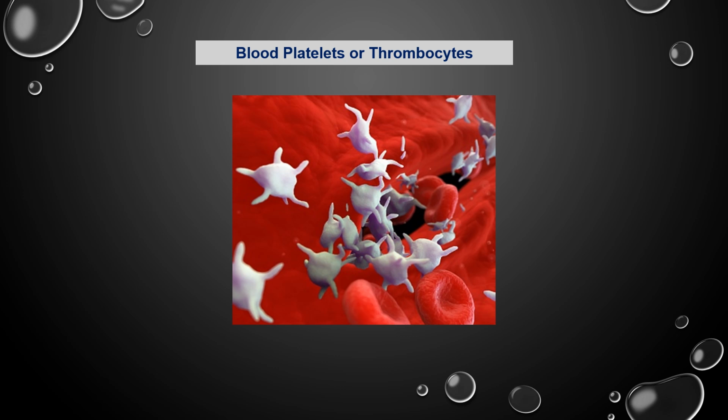Sometimes you get a small cut on your finger while sharpening a pencil. After a few minutes the blood will clot. The clotting is due to the presence of platelets, that is thrombocytes. Platelets form a clot at the site of injury and prevent blood loss. If you fall down and get a wound, the blood loss will stop after a few minutes due to thrombocytes.